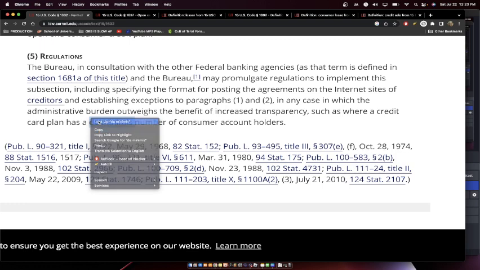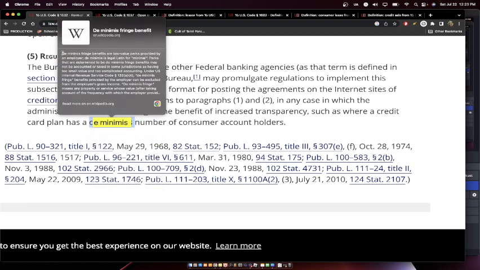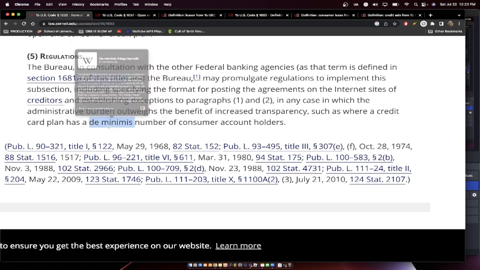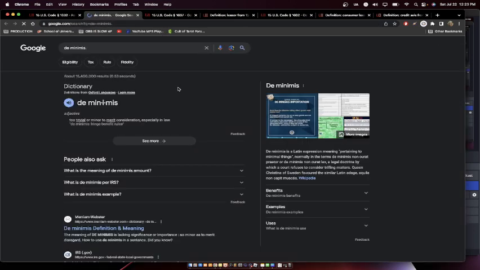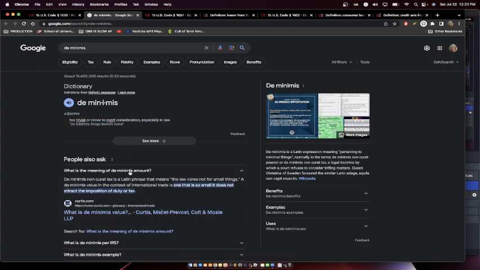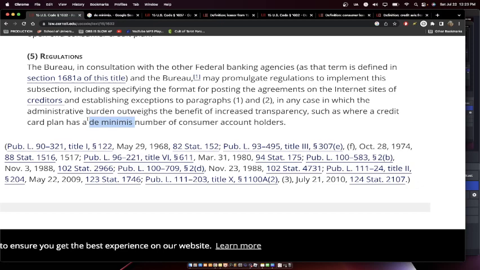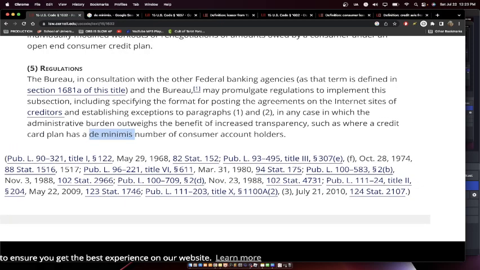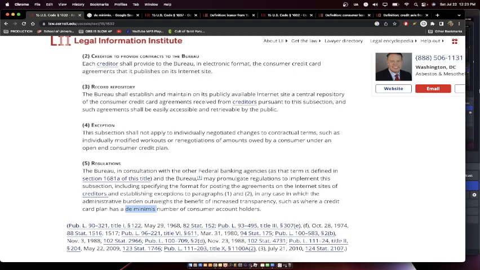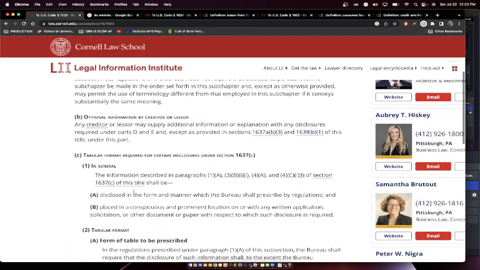We're going to look up de minimis, and it means... I don't want to look that up. De minimis means too trivial or minor to merit consideration. One that is so small that it does not attract the imposition of duty or tax. That is what de minimis means. A very small number. Very small. Okay. So after this, we are going to go into,